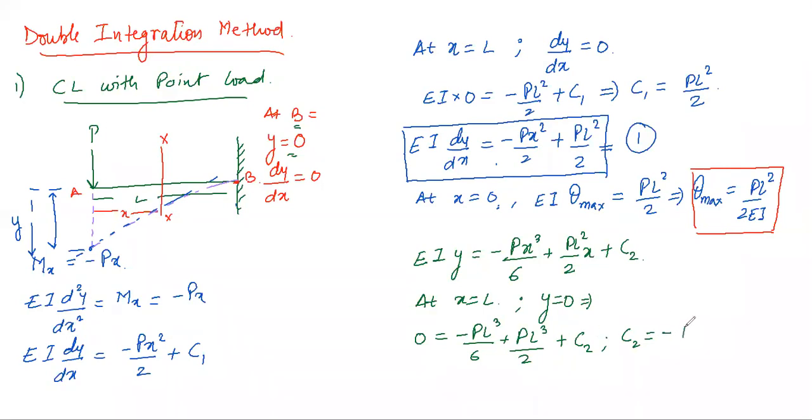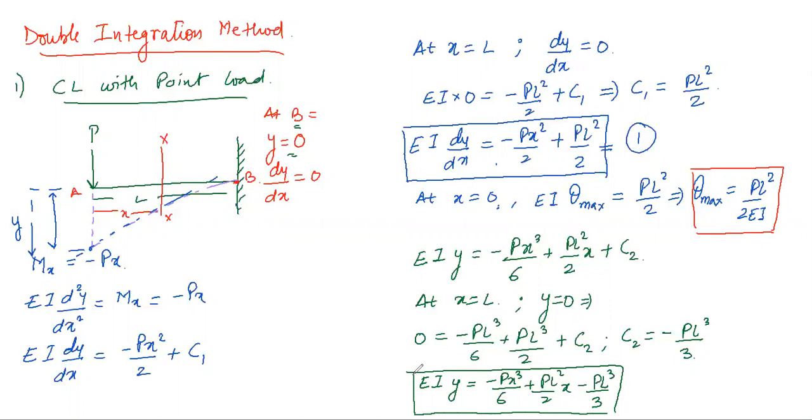Equation solve किया, that is minus of pl cube by 3. So finally you get an equation, आपको एक equation क्या मिली, that is EI into y is equals to minus px cube by 6 plus pl square by 2x minus pl cube by 3. So this is the equation we obtained from this expression. Right, आपको अब ये equation तो मिल गई, you can say the equation number 2. Now based on equation number 2,